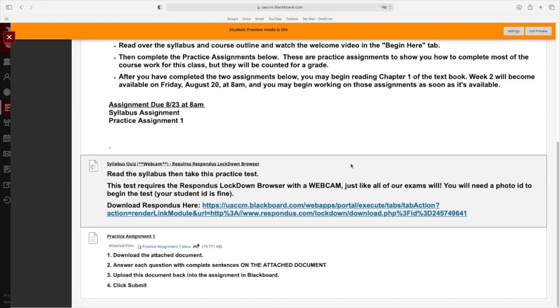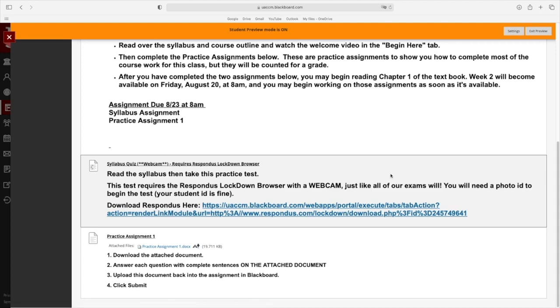Now, because of the way that Respondus Lockdown Browser works, I can't actually show you that because I can't have my screen recorder program open whenever I do that. So you're just going to have to go with it. If you need help, contact me and I'll take you through that stuff. But for these tests, for all of our exams and for this assignment and for the final exam, you will have to have the Respondus Monitor, which is the webcam version of it. So you'll click on that link and it'll take you through the steps of setting up your webcam